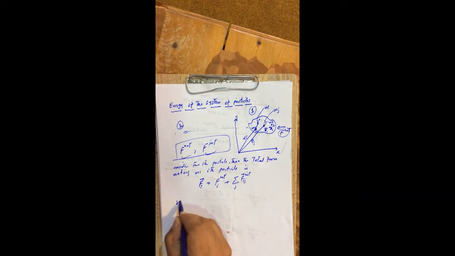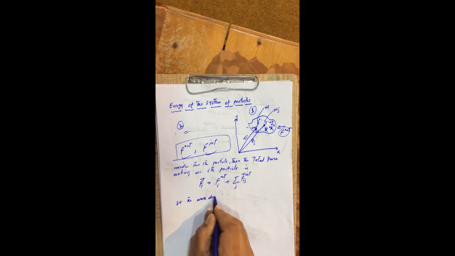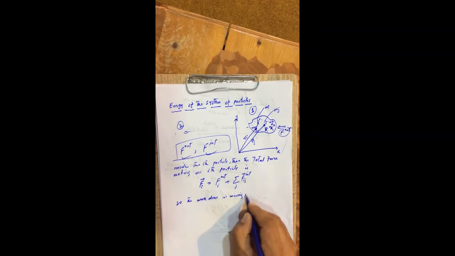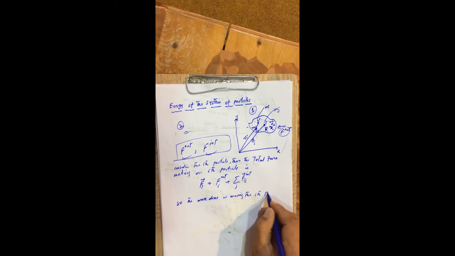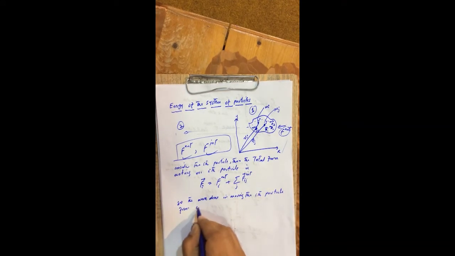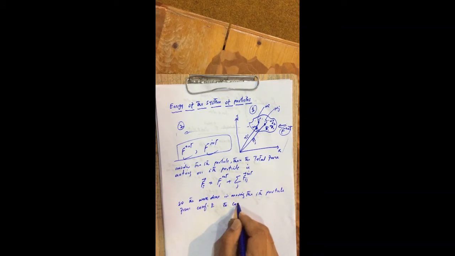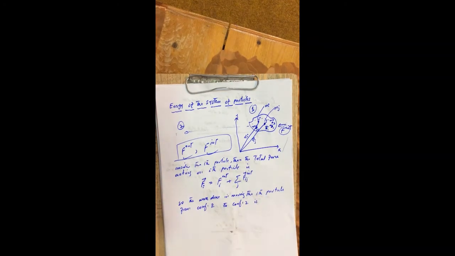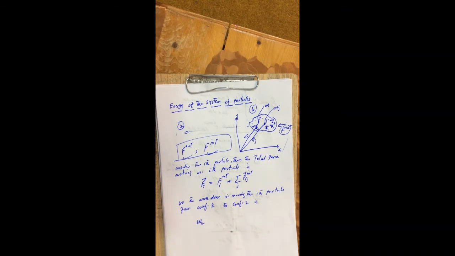So the work done in moving the ith particle from configuration 1 to configuration 2, or from position 1 to position 2, which I represent by this work done W12,